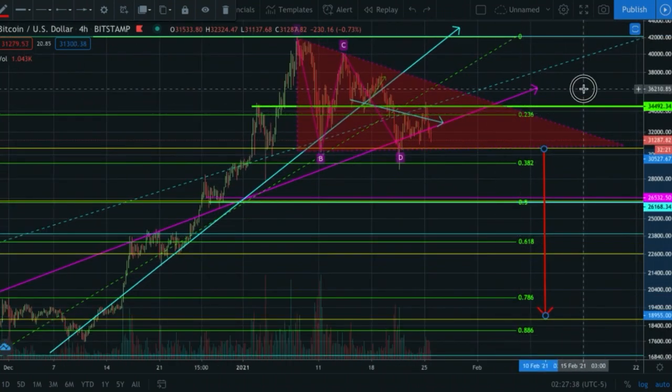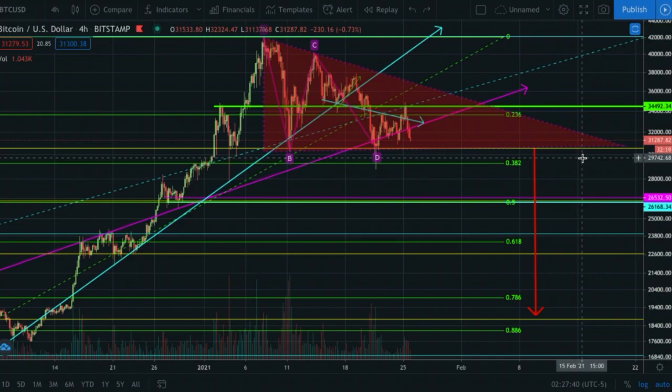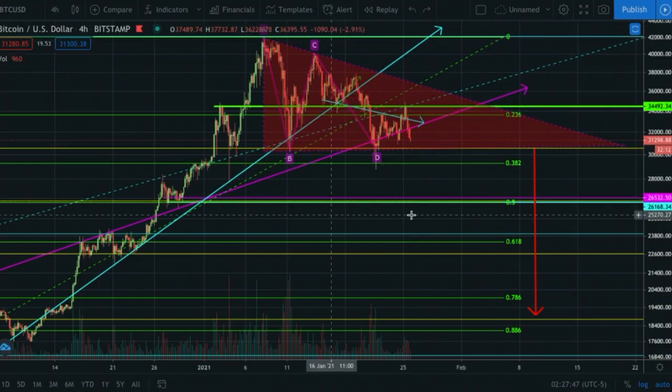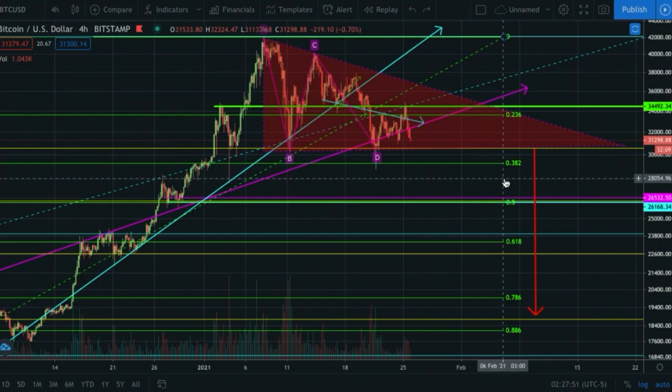But in the end, I'm going to be right. In the event that I am wrong, which is always a possibility, we could break out to the upside, get continuation. But this pattern right here is clearly Wyckoff distribution, and basically has like a 66% chance of success to the downside, 34% chance to the upside. So it's basically 2 to 1 to the downside.